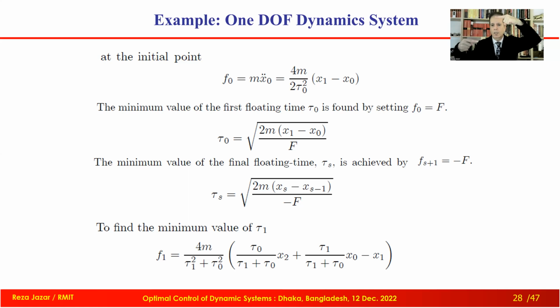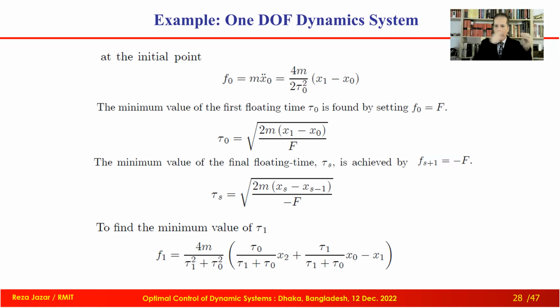Now, I know that here at the end, I must have negative f. So out of these 3 points, I take this f out. From here, I move to here with negative f. Now I have another 3 points. Here, f positive, here, f negative. The value of this f must be calculated from the equation. If it breaks the rule, I keep going backward. If it is within the limit, this is the solution. So this is the strategy.